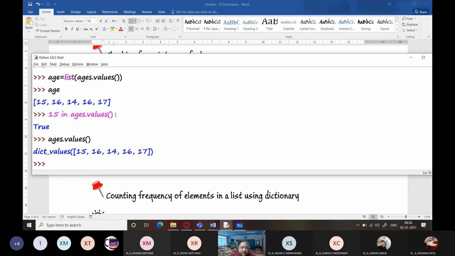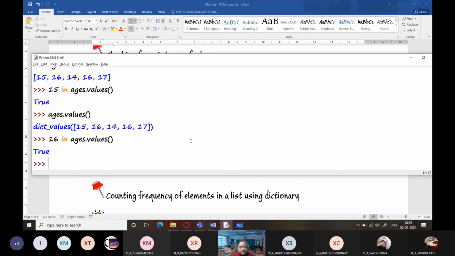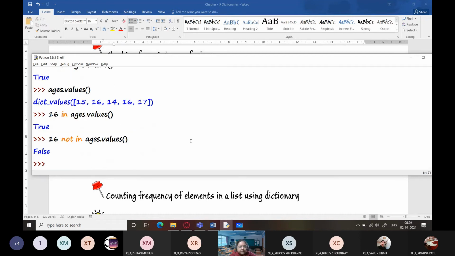Otherwise also, if you are simply writing it like this, that is also correct. You are checking for a certain value using the in operator to check whether it is present in the values of the dictionary or not. Same way, 16 in ages dot values also gives me true, and if I write 16 not in ages dot values, it will give me false.